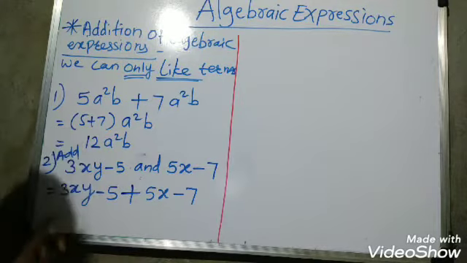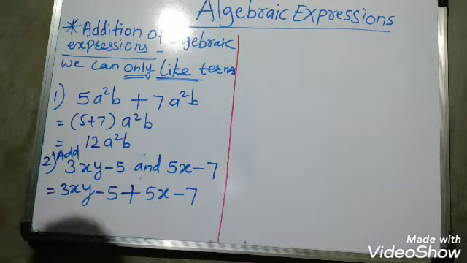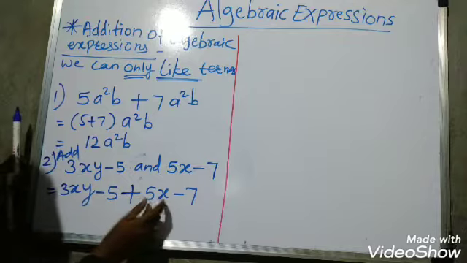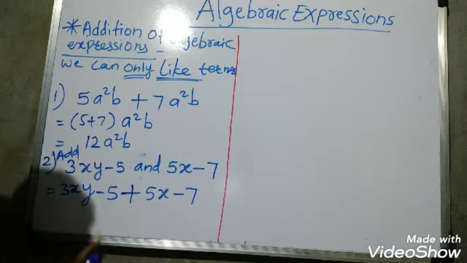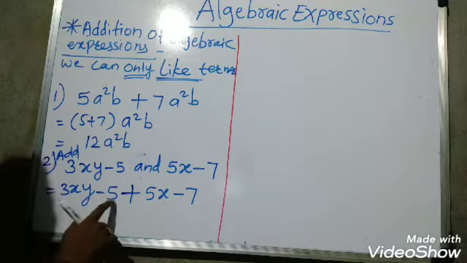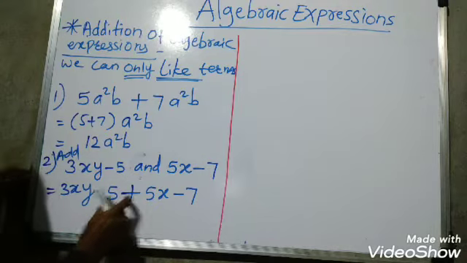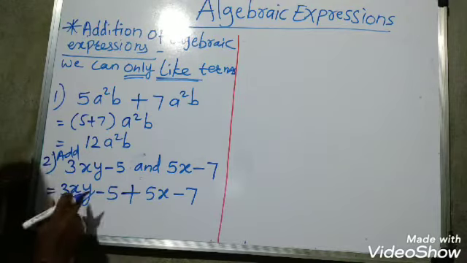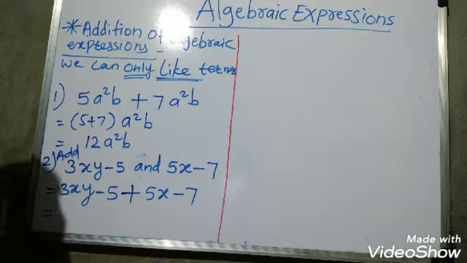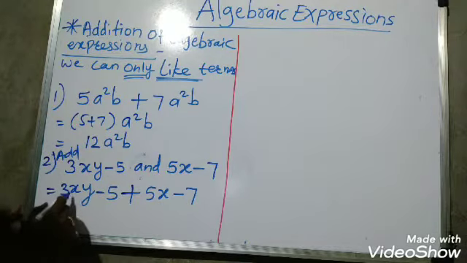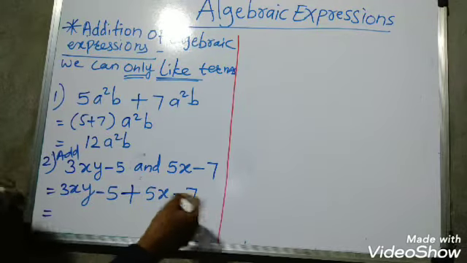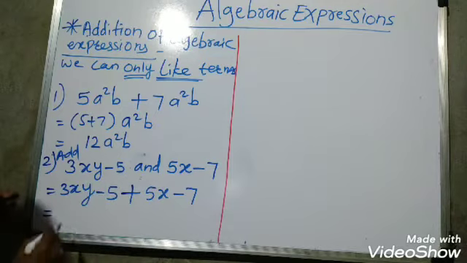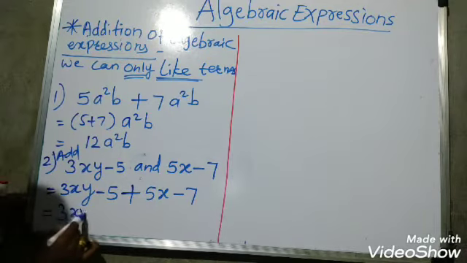Now see, in both of these expressions, we have to check whether the terms are like or not. Here 3xy is there and here only 5x is there. So they are not like, so we can't add them. But we can add these numbers, because they are constants. Now if like terms are not there, then what do we have to do? See here, 3xy is not having any pair, meaning it is not having any like terms. So 3xy you can keep as it is.